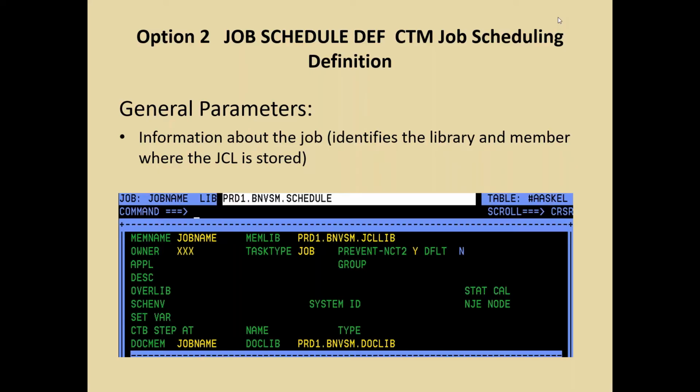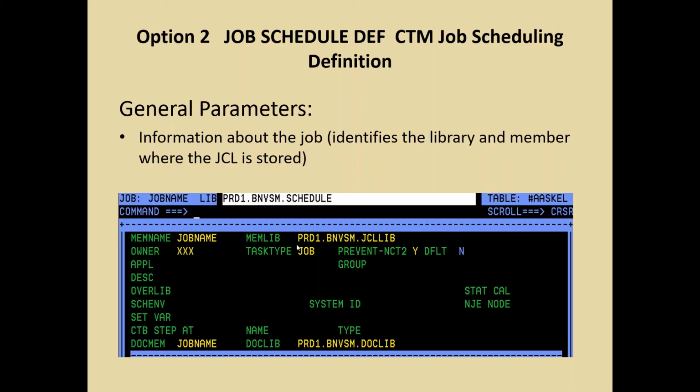From here, JCL library prd1.bnvsm.jcl, your member name job name 1, consider it as a job name. So job name 1 will come to the schedule. The next important parameter here is the owner